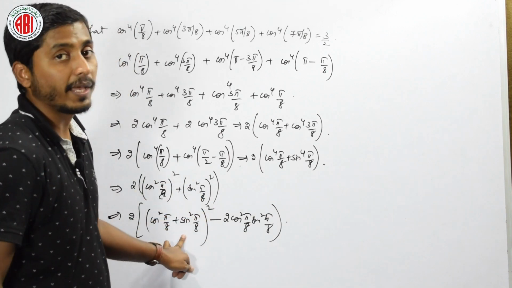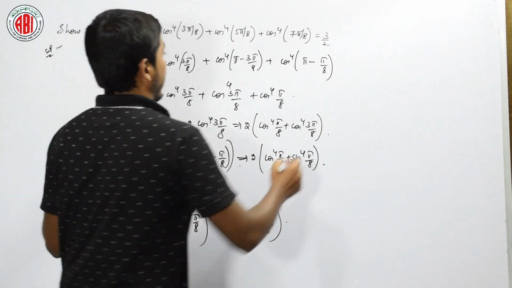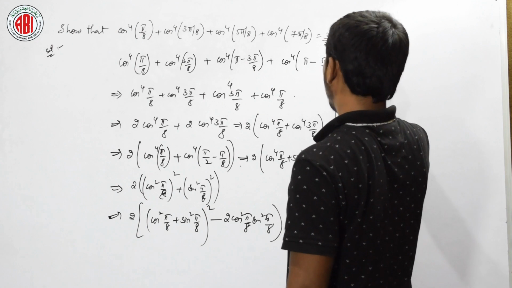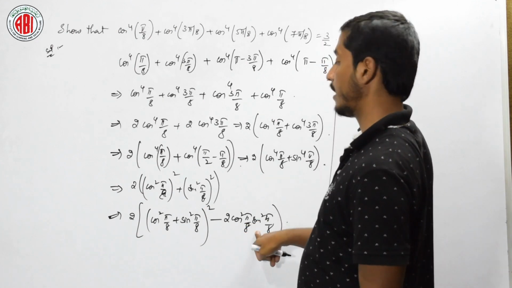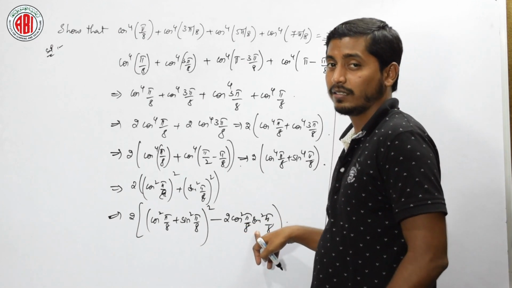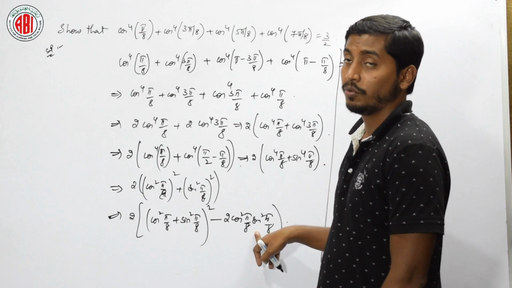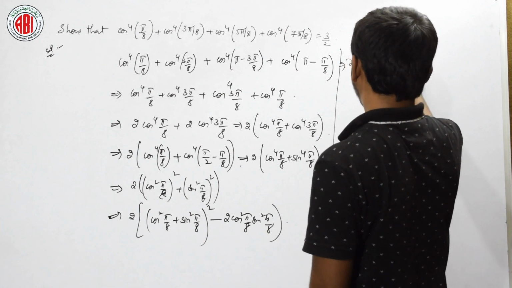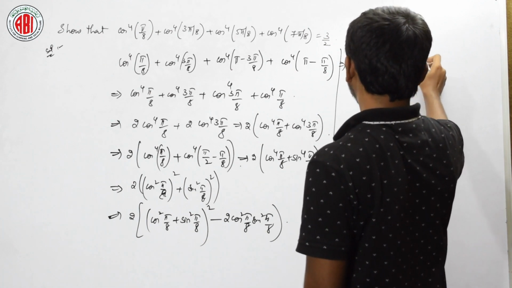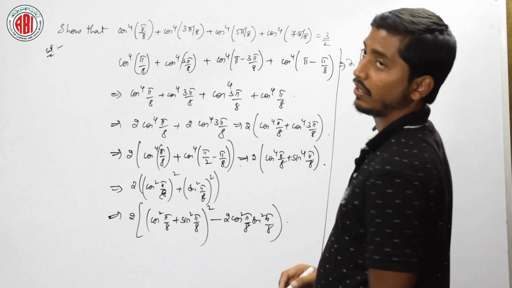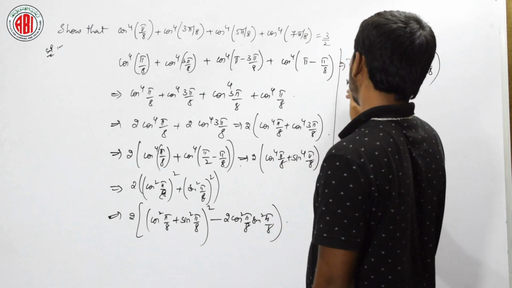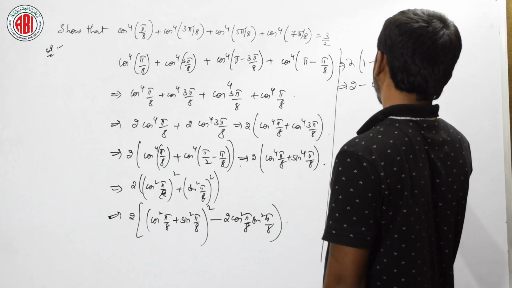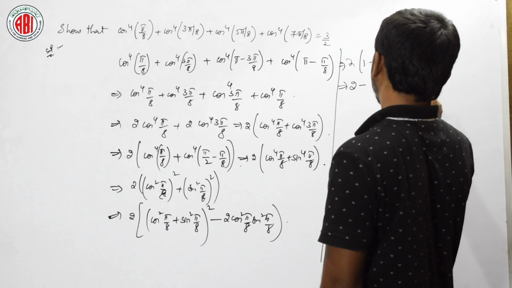Thus the value of cos square plus sin square is 1, minus, what is the value of 2 cos square sin cos square? Do we have anything for that? We do not have. Let us write it as it is, 2 cos square pi by 8 sin square pi by 8. Let us multiply this 2 inside, it will become 2 minus 2 twos are 4 cos square pi by 8 sin square pi by 8.